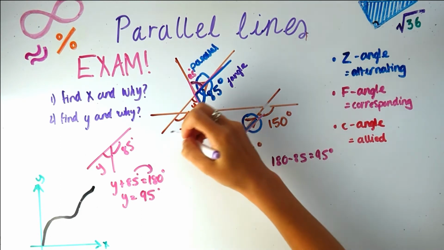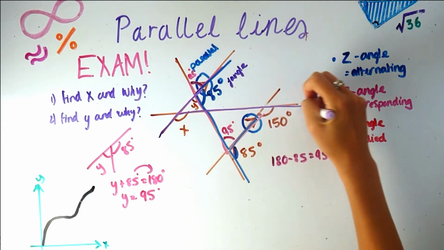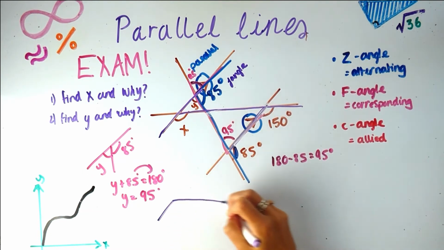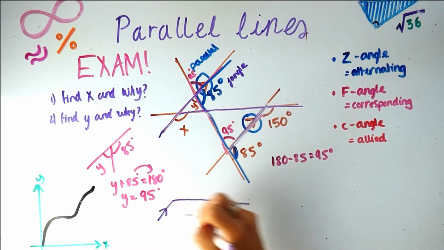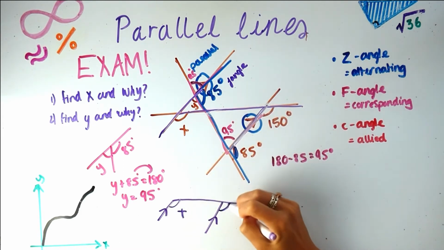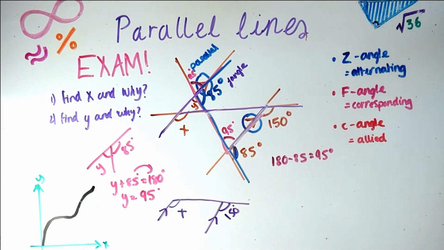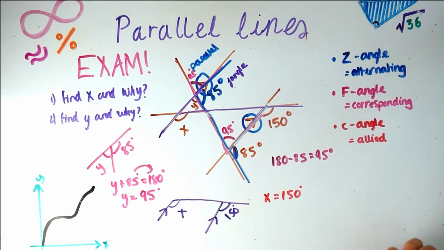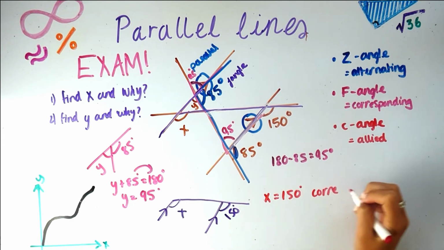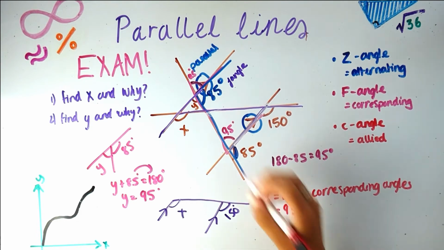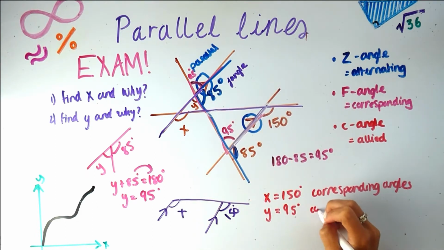So I'm looking at x, and I can see here that I also have another F. So if I make that bigger, I've got this, and these two lines are parallel, and this is x here, and this is 150 there. So therefore I know from my F angle rule that x is equal to 150, and then I'd write, instead of writing F angle, because it's a bit unprofessional, my reasoning would be corresponding angles. Okay, so what about the reasoning for y? And here we would write our reasoning